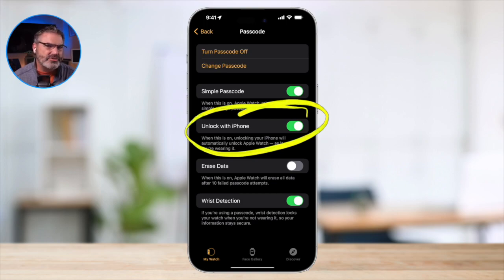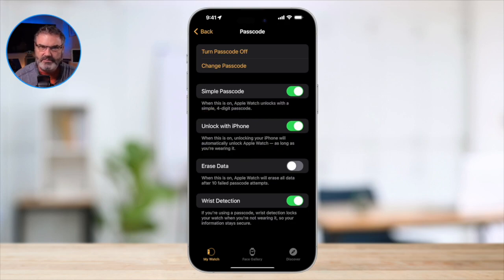Yeah, it shouldn't be doing that, but go into the watch settings and check that unlock with iPhone and see if that helps out a little bit. But it shouldn't be doing that. What I would recommend at that point is, if you have an Apple store near you, just go in there and see if they can. It sounds like something, because it should not be doing that.